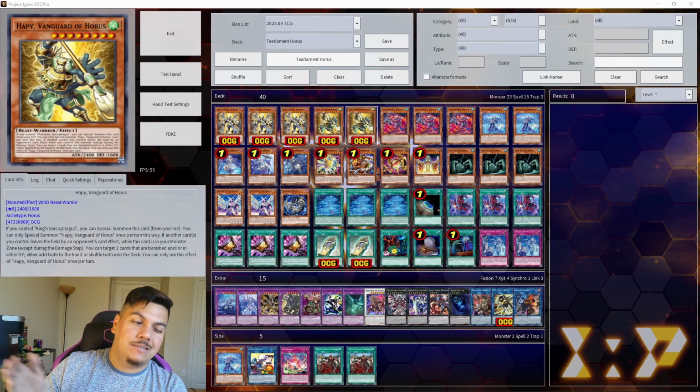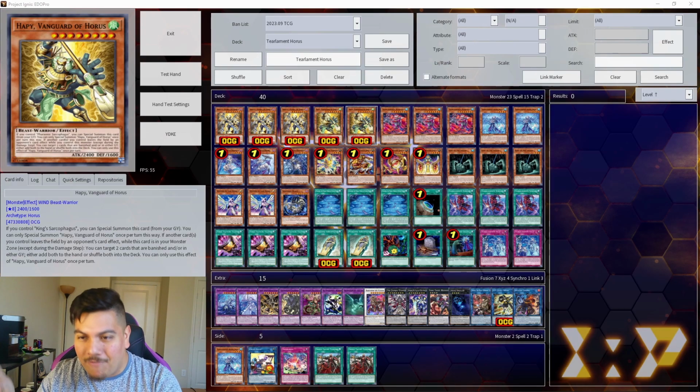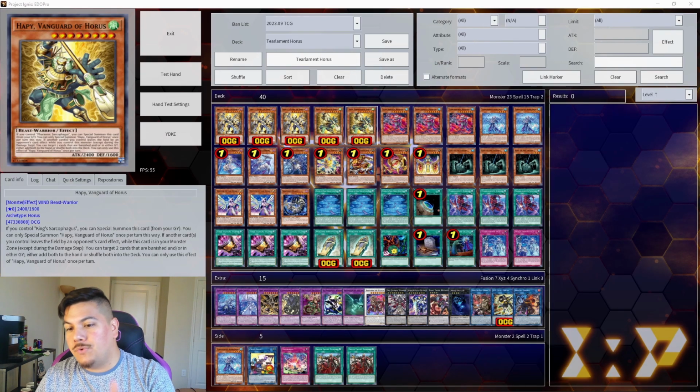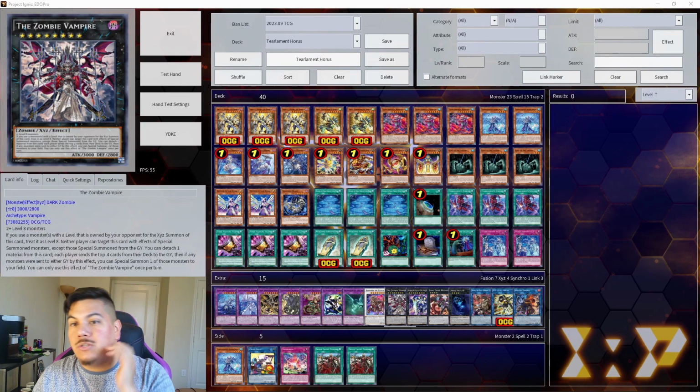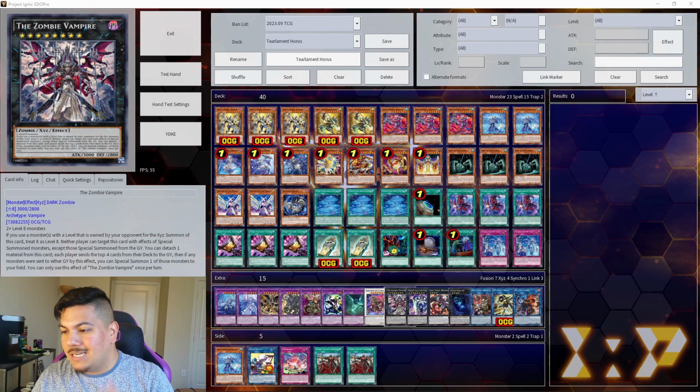I can't think of any scenarios at this point with that, but you do have that option. So also, it is a free, again, level 8 monster, which you guys can go ahead and use to go into Zombie Vampire in the event that you need an additional form of milling, which of course is very good. Or if you already milled, you already got your entire board set up, and you just need an additional negation